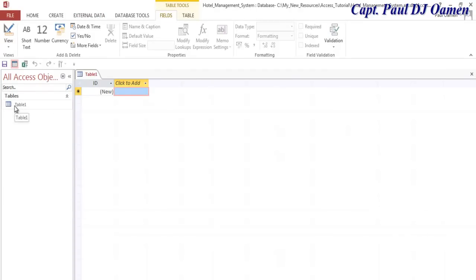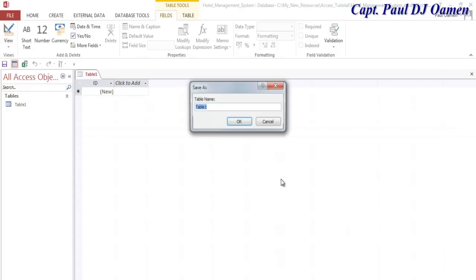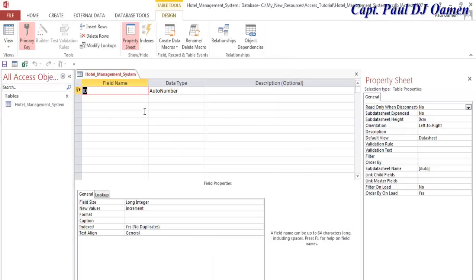Okay, the next thing I'd like to do now is I'm going to go to design view and let's give that a name as well, Hotel Management System. Click on OK, and I will start by calling that, my first field is going to be customer reference,